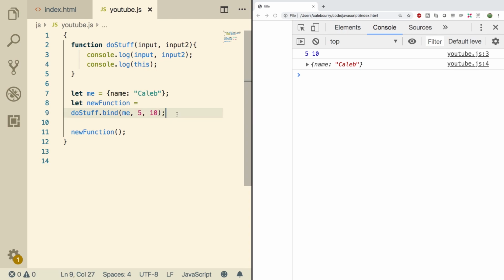So another topic related to the value of this deals with arrow functions. We've touched on them a little bit in this series, but the value of this is different for arrow functions than what you would expect for normal functions with function declarations and function expressions. So what we're going to be doing is in the next video, we're going to be talking about arrow functions, how to create them, the syntax, etc. And then what we're going to be doing is we're going to be talking about the value of this inside